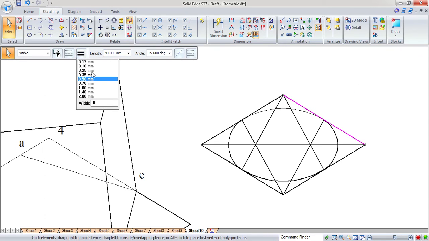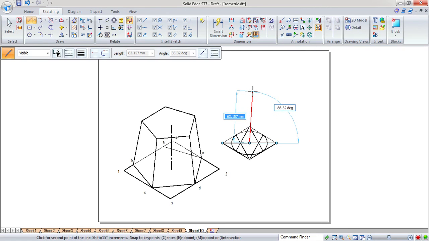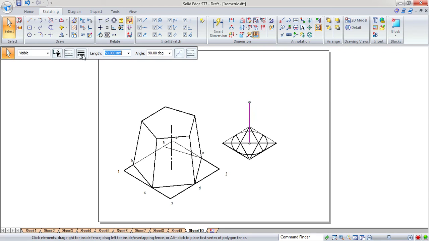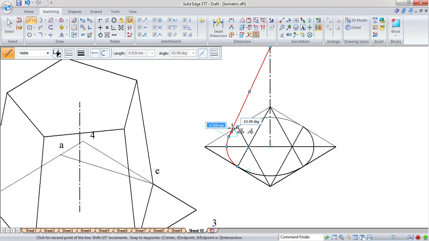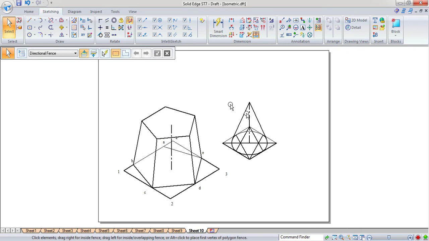So now itself, 0.05, this is also not visible. Okay, fine. So now you need to draw the height of the cone, which is nothing but 50, they have given in the problem, which is nothing but the axis of the cone. Now from this point draw the tangent to these arcs. From this point draw the tangent lines, and this is the construction of the cone.